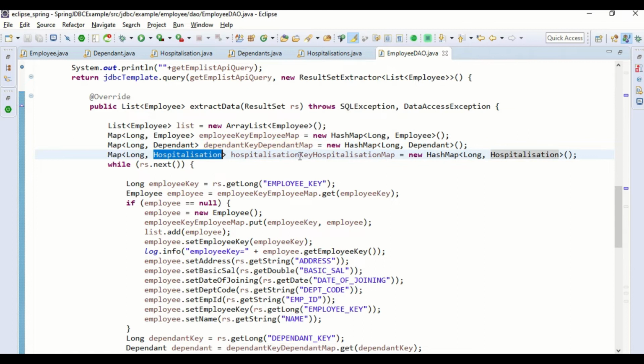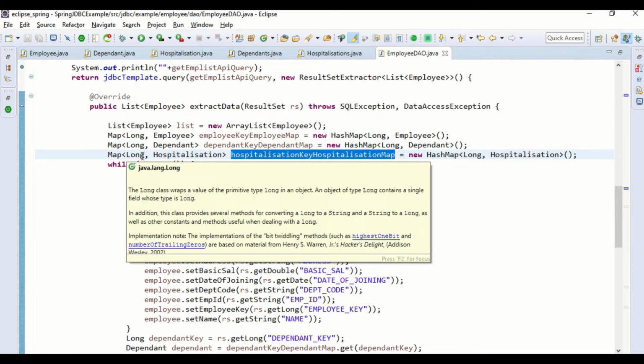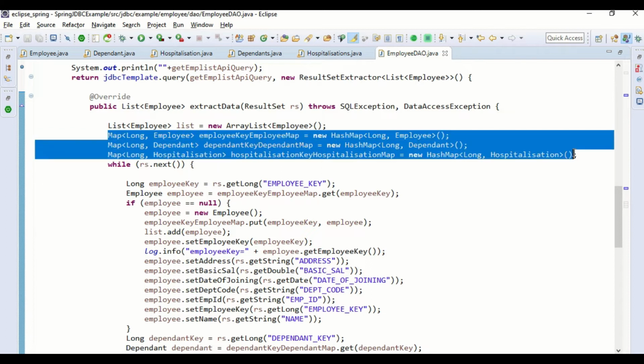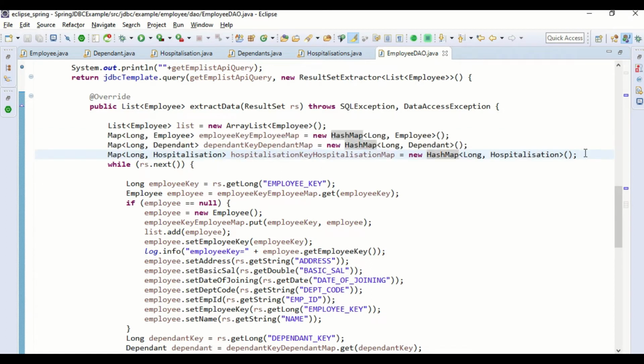We have another map to store the hospitalization key and hospitalization object, where hospitalization key is the primary key of the hospitalization table. So we have defined three maps. You will understand why we need these three maps very soon.